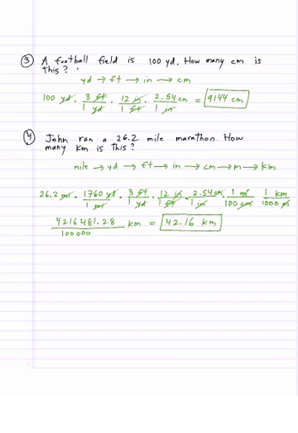So a conversion factor is a fraction with equivalent measurements in the numerator and denominator. For example, something like 12 inches over 1 foot, or 1 hour over 60 minutes, or even 1 inch over 2.54 centimeters. These are all examples of conversion factors. Okay? Now, in order for us to be able to